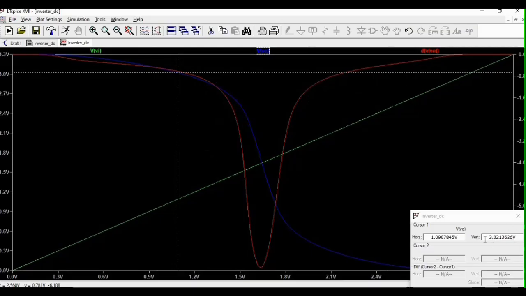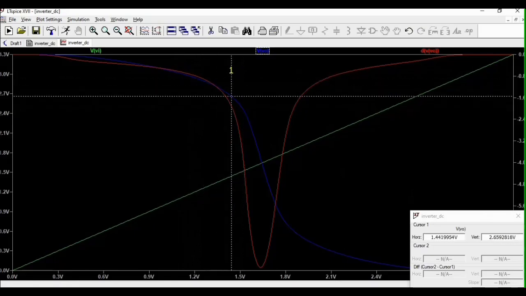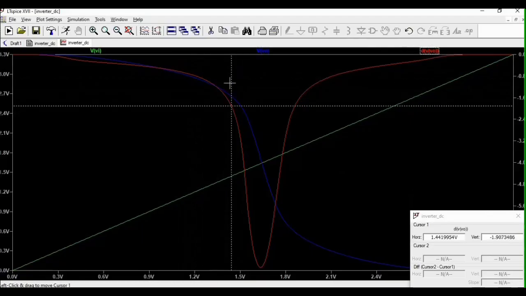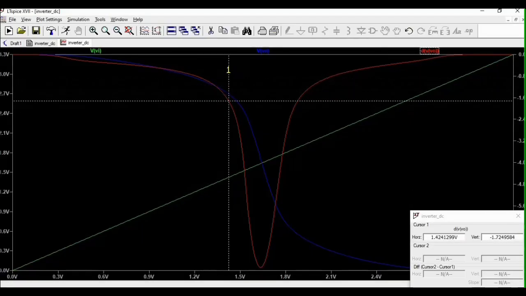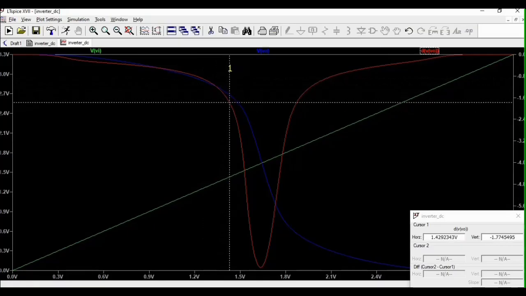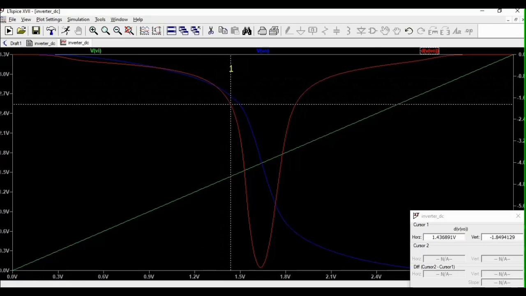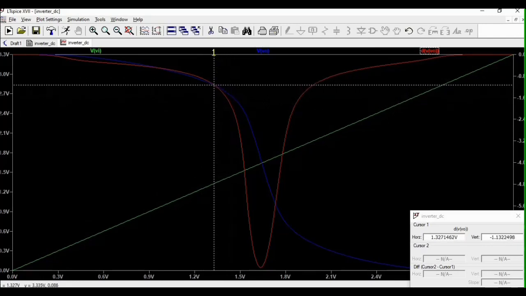Then on the vertical scale, just click first V out, so that will enable the tracking of your D V out. You'll notice that -2, -1.3, -1.1.